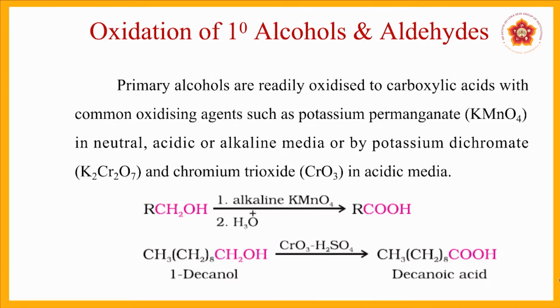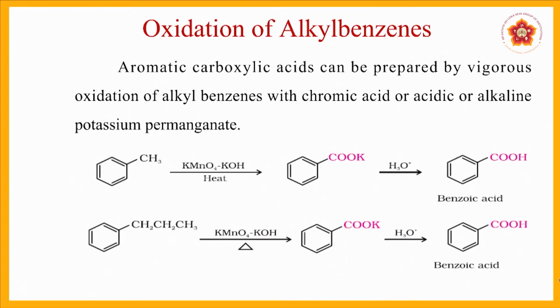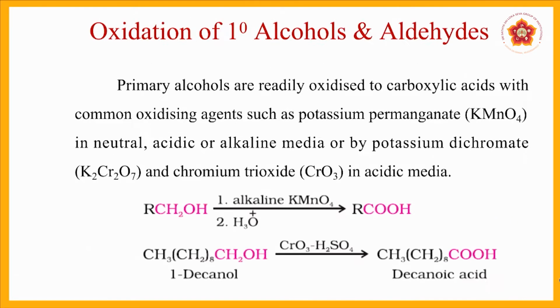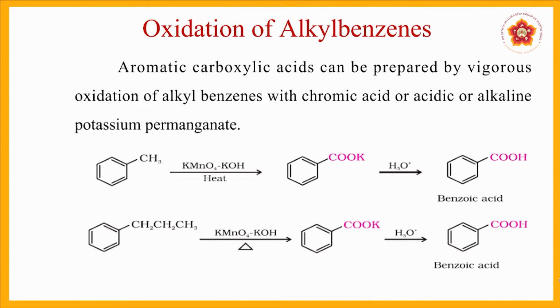Moving to the second method of preparation now, oxidation of alkyl benzenes. What the heading itself tells you is that there has to be a benzene compound, and to that benzene you need to have alkyl groups present. And what they have done is the same oxidation that we employed in the earlier process. The only difference is that in the earlier reaction, the R indicates the presence of aliphatic alkyl groups, whereas in this reaction, the presence of a benzene ring is a must.